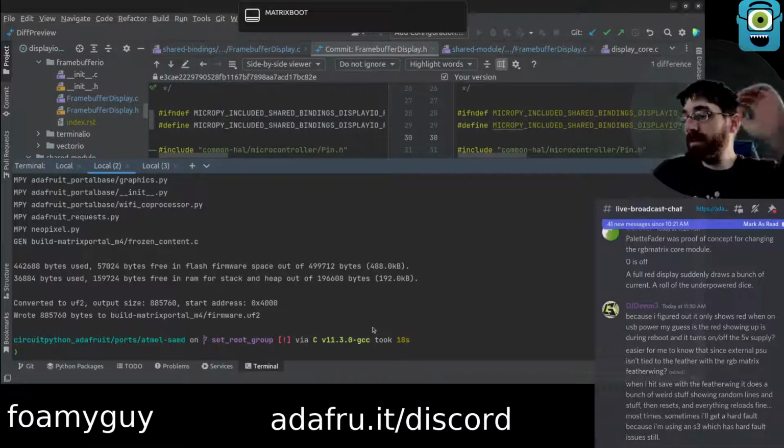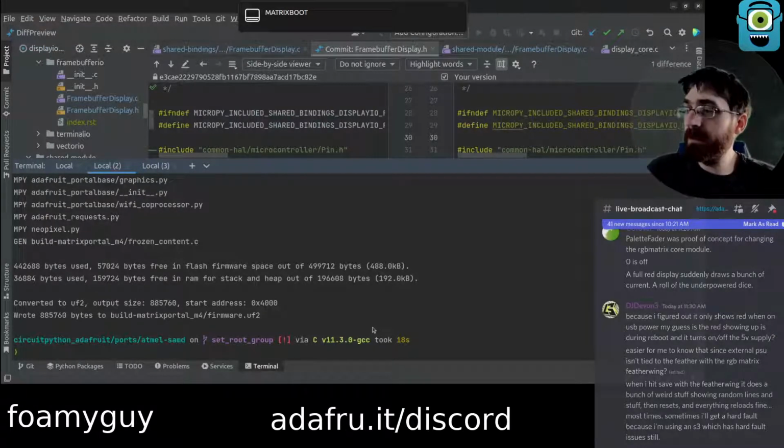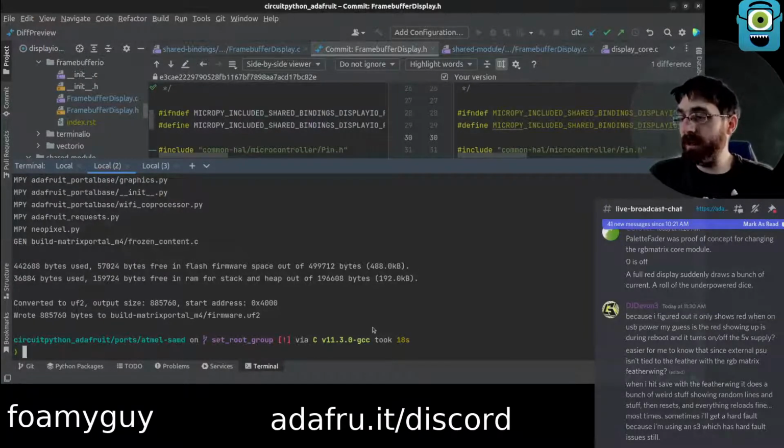So yeah, I'm guessing the fact that I'm no longer on the hub, that I went straight to the computer, is probably giving it that little extra bit of juice that's making it not kill itself. I do wonder though, what's up with the red? If going full red is drawing too much power, which is brownouting and ultimately causing it to wipe itself, could we not go to all red?